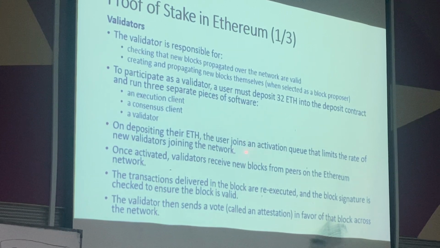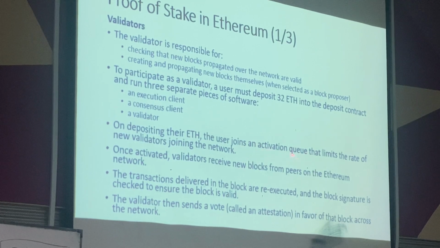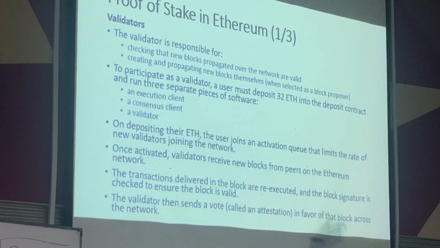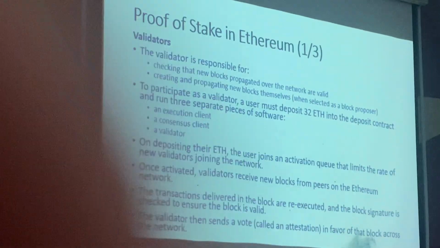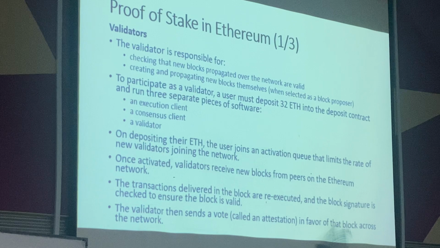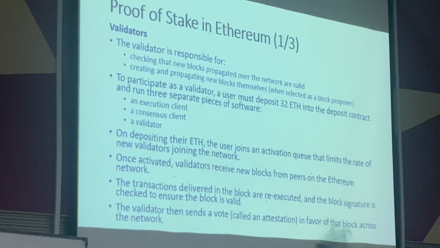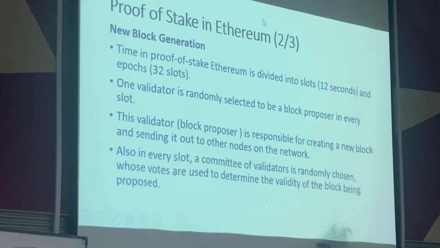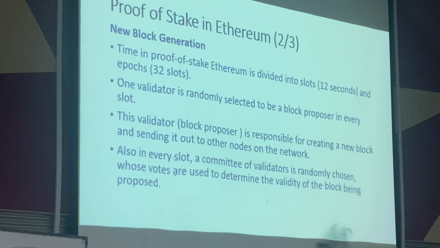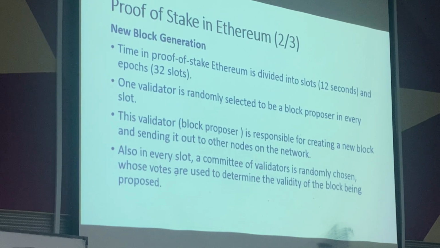Then you need to wait, so you join this activation queue, because they don't want to have so many validators. Queue first. Once you have been activated, you can start block proposing already. You can propose a new block already. You will receive transactions from others, right? This is the same. When you want to propose a new block, you will be assigned to a group. In Ethereum, they divide the new block generation process